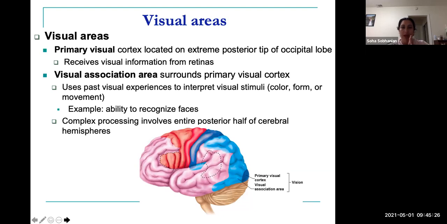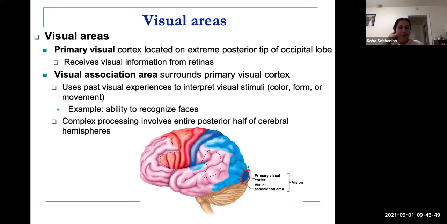Okay. So let's apply the same concept to your sense of vision. Sense of vision is associated with the occipital lobe. So we're talking about the back of your brain now. Again, we're talking about primary blank cortex, in this case, visual. This tiny area that you see in the farthest back portion of your brain in dark blue